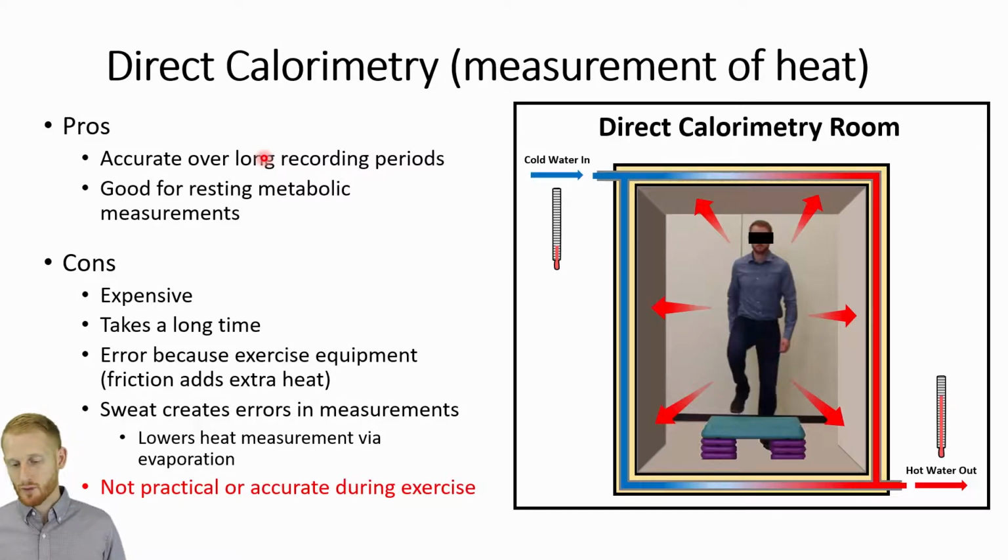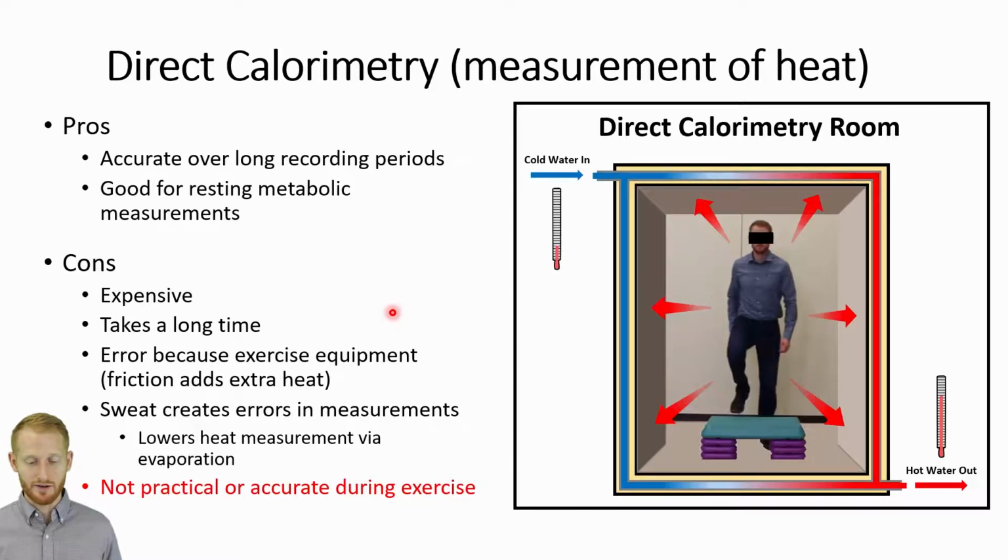However, when we're talking about things like exercise, usually we want to know what happens from going from rest to exercise, or increasing exercise intensity, or something that's going to happen over a very short period of time: 10, 20, 30 minutes, maybe up to an hour or 2, 3 hours, something like that. And direct calorimetry is not the best at doing short-term measurements, so it really doesn't do a very good job of that. Another source of error, another con,